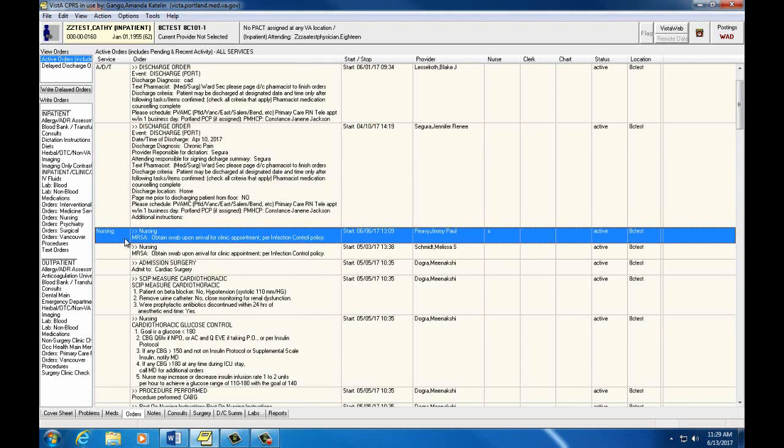The section marked Nursing indicates orders pertaining to nursing staff responsibilities. These are standard admitting orders or nursing-specific orders.